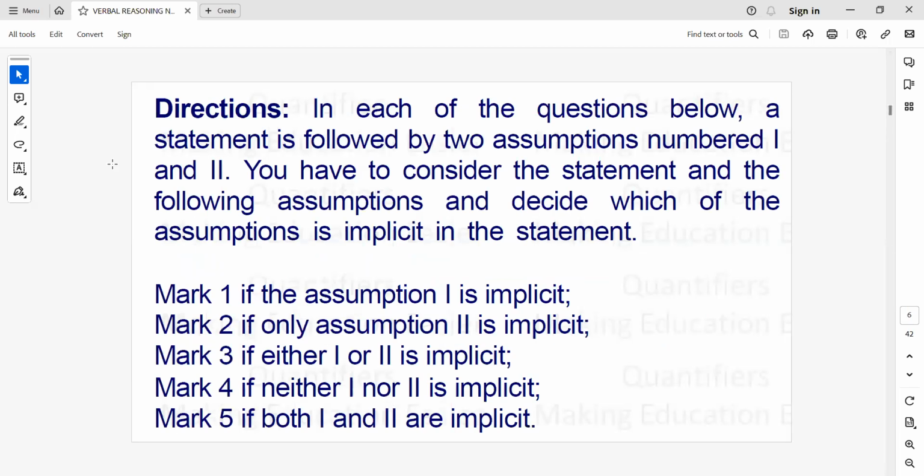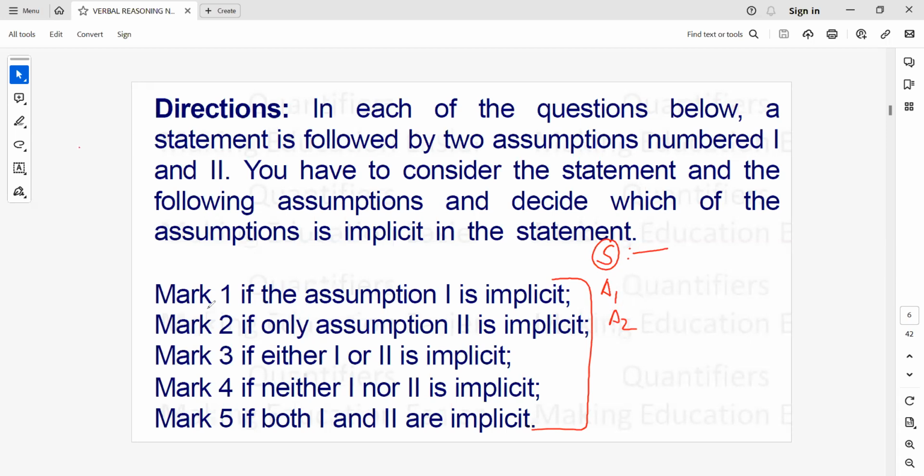So this is how the questions of verbal reasoning are going to come in your paper. So generally, there are directions that are given to you, and these are the options from which you have to pick. How things will go, you're going to see in a couple of slides: there is a statement that is given to you, and on the basis of the statement, there is an assumption 1 and an assumption 2. Sometimes they can increase it to assumption 3 also. But generally there is a statement and then there are two assumptions.